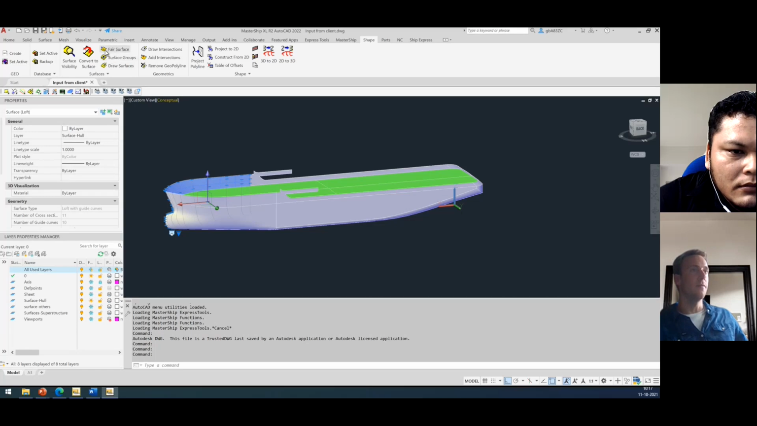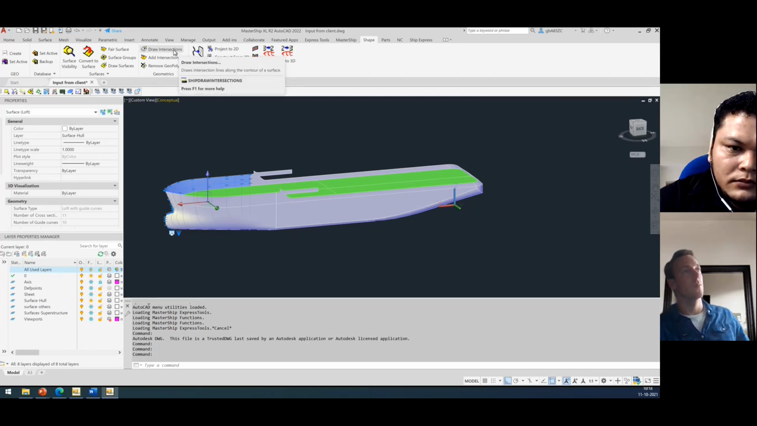And then we have, what do we have? Yeah, you can draw the surfaces and surface visibility. I'll show you in a bit. And here you can also draw intersections. So with those tools, you can easily make lines plans. And then you have here,